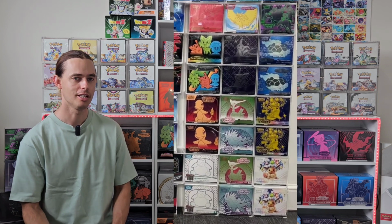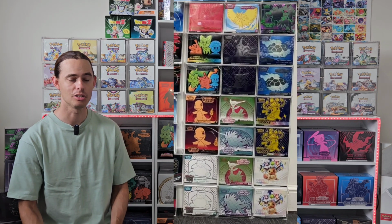Extremely rare back then. What you've got to remember is Elite Trainer boxes were extremely new. Not many people were keeping them sealed. There wasn't a massive volume of them being printed. So finding Plasma Storm, finding Plasma Blast, finding XY Base, finding Primal Clash with the Groudon and the Kyogre, finding Furious Fist, finding some of these, even finding a well-priced Sun and Moon Elite Trainer box these days is incredibly